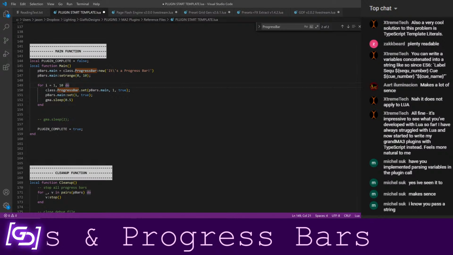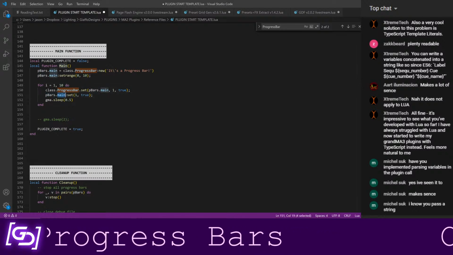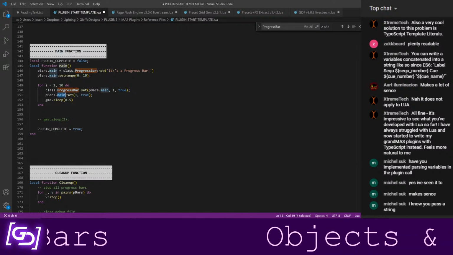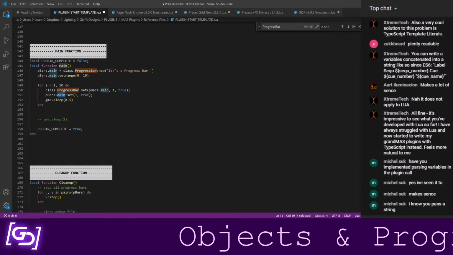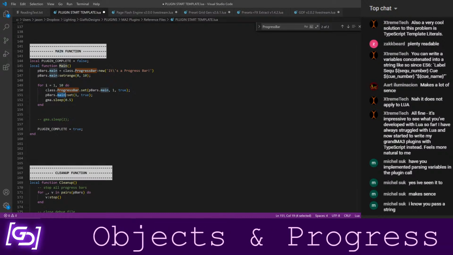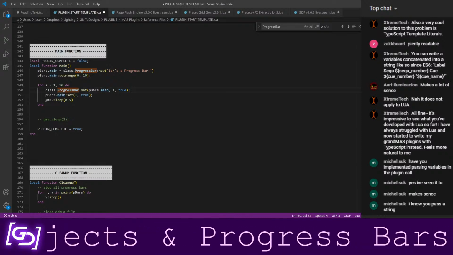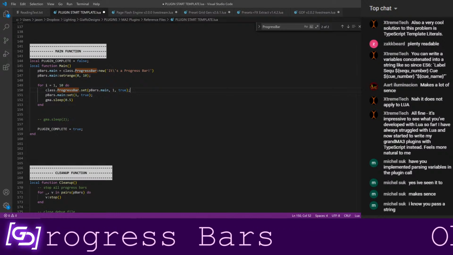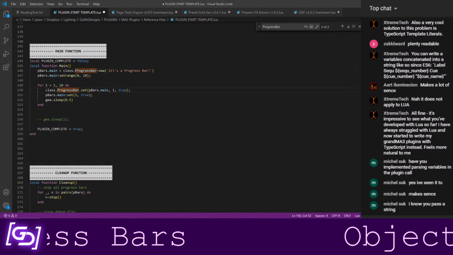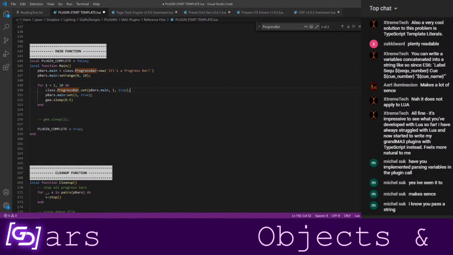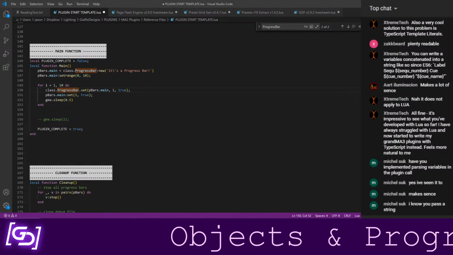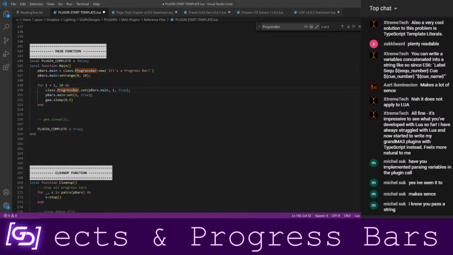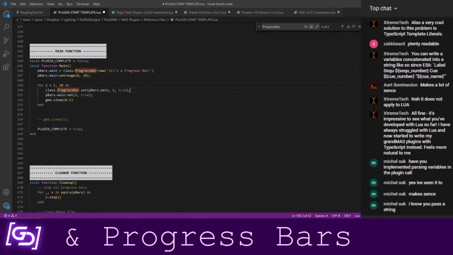The great thing is this progress bars object is storing a lot of other information about itself so that it can do these things in a way that's more intuitive to think about it performing actions as a thing. So that, I think, explains at least the basic concept of what an object is good for. And I kind of just want to go through the process of writing an object from scratch. There are a couple of concepts that I'm not going to go into too deeply because they're deeper concepts on their own and kind of a pain to get too far into.